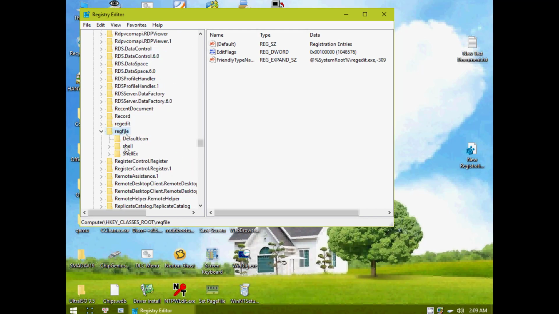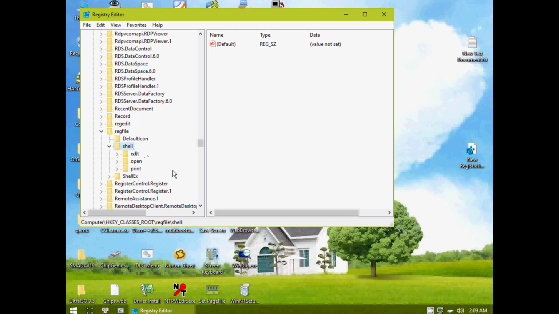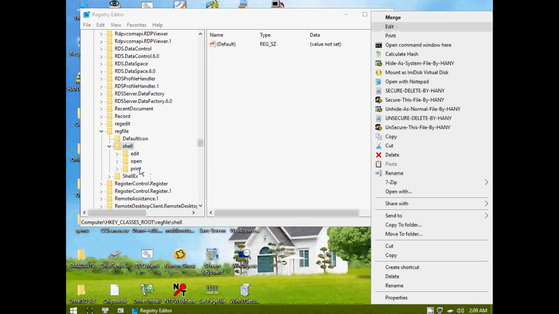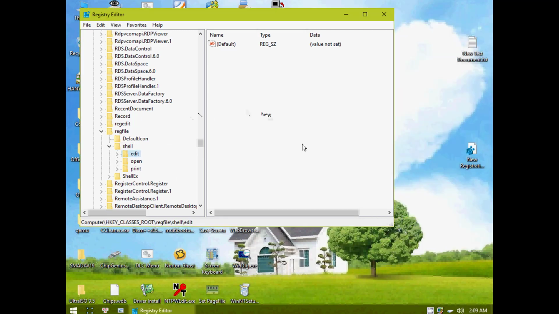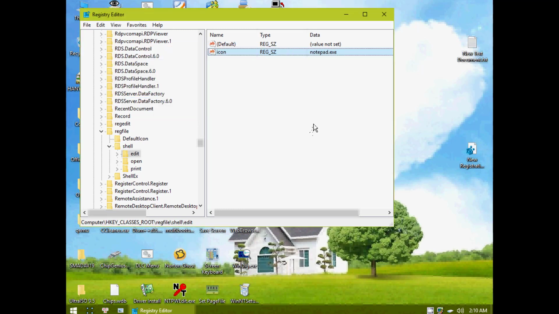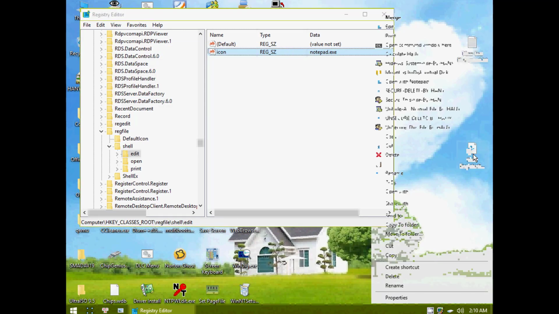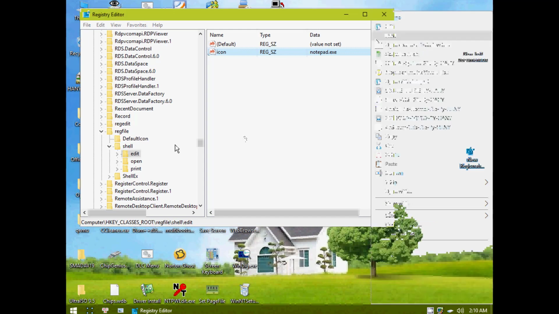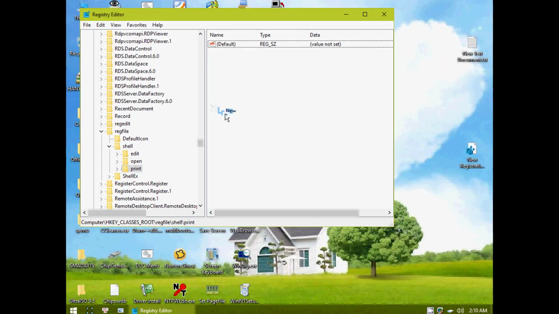Under this reg file's shell I see the edit already available, but not iconic. So on the right side of the edit, I'll create a new string and name it icon. Inside this icon, because the edit will be by Notepad, I will write notepad.exe. So now right click on the registry entries and you will find edit, and the print will also have the same icon,